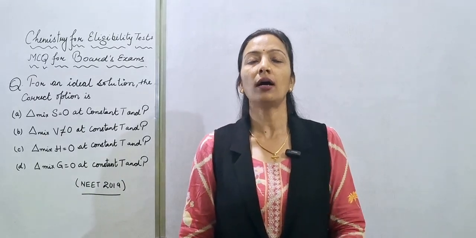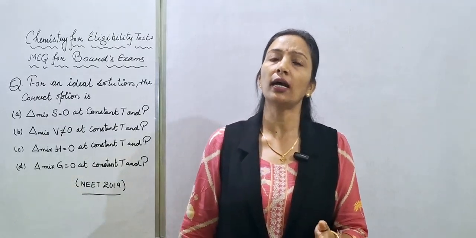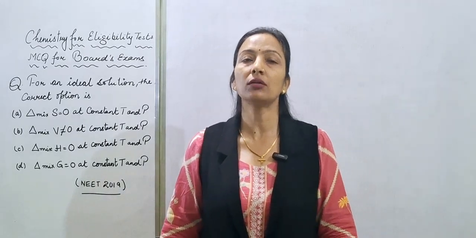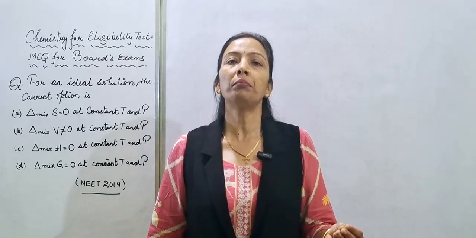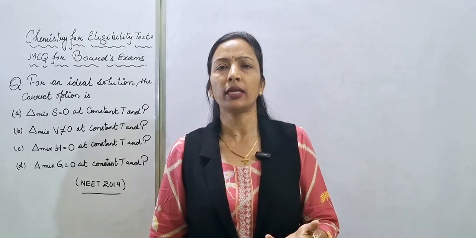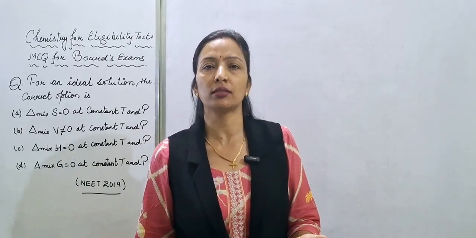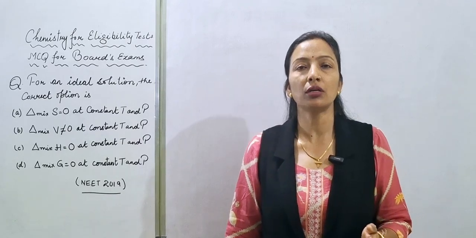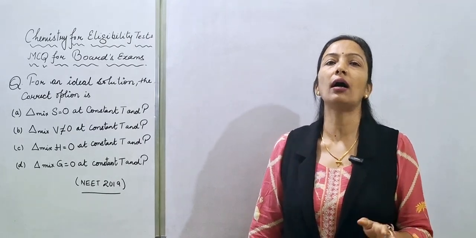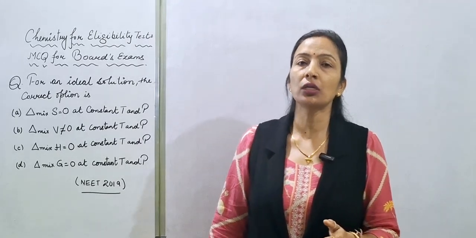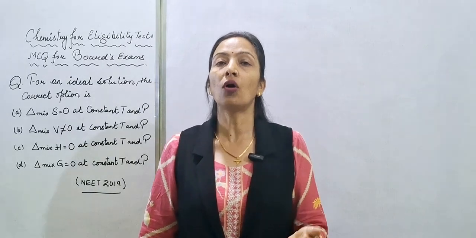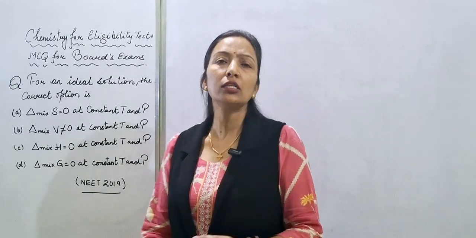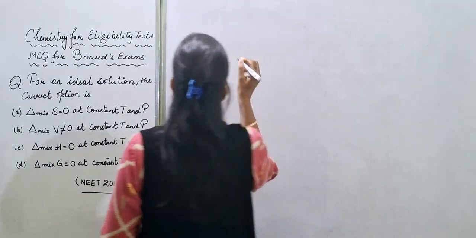Ideal solutions are the solutions which have enthalpy change equal to zero. Means when we are mixing a binary or two-component system, we are making a binary solution. In class 12th chemistry, in the unit Solutions, we have a subtopic, ideal solution. The solution which obeys Raoult's law is known as an ideal solution, and ideal solutions are those where the